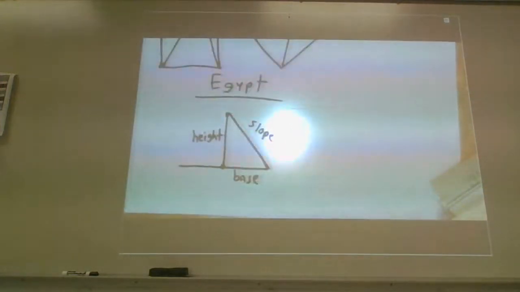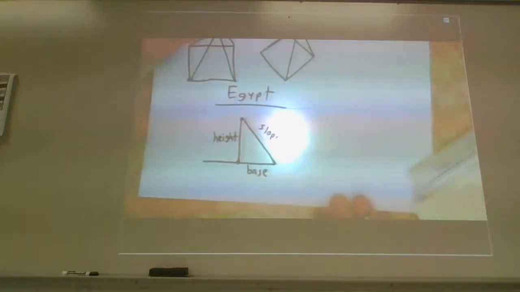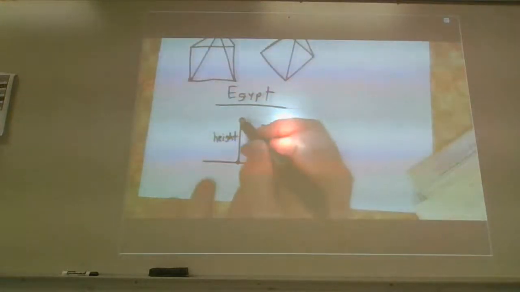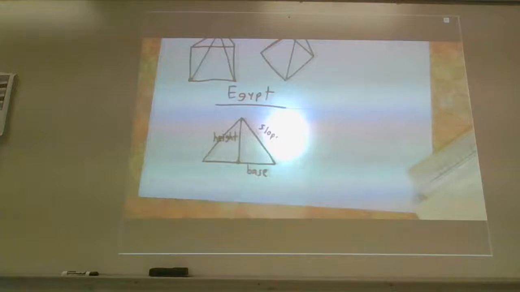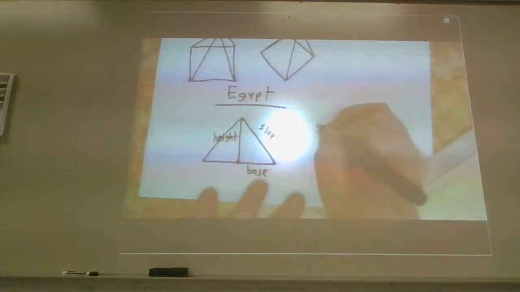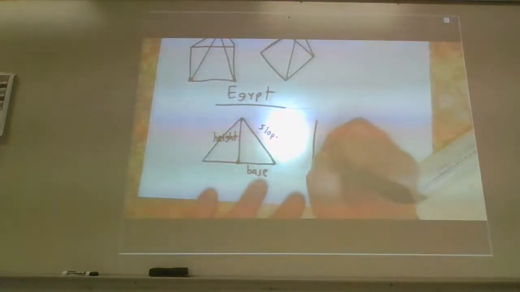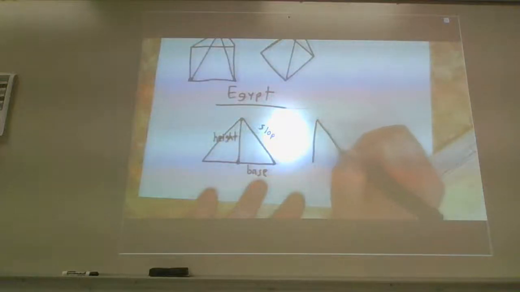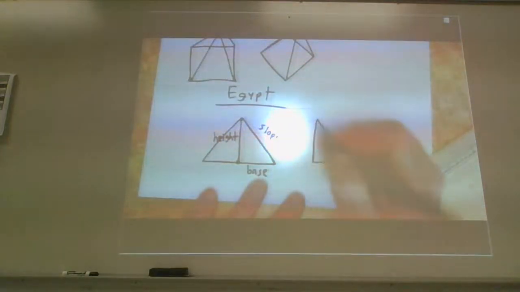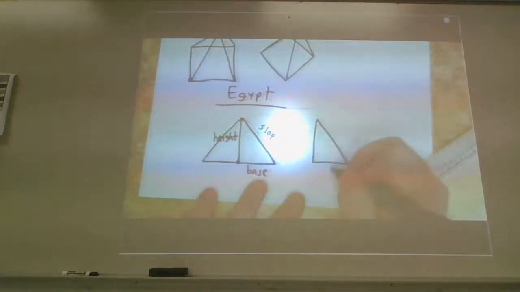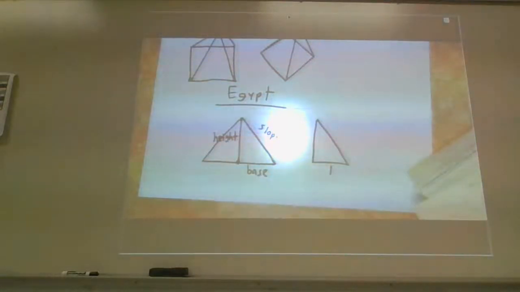The thing that I wanted to point out about the Egyptian pyramid and its height versus its slope versus its base is that this triangle you can draw from the very tip of the Pyramid of Giza, I don't know how tall it is, but let's just say the base was 1.